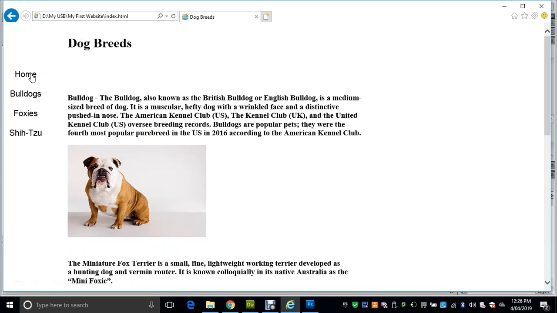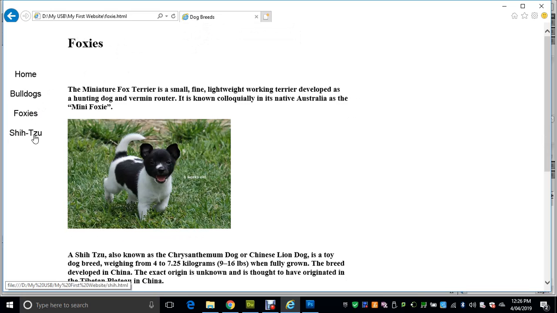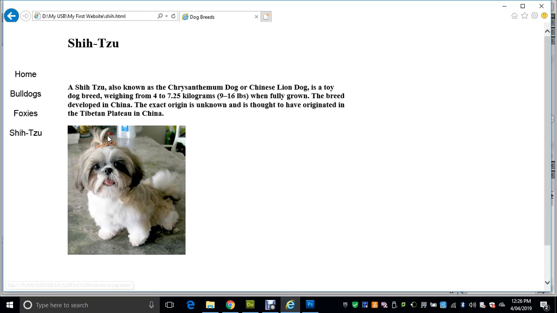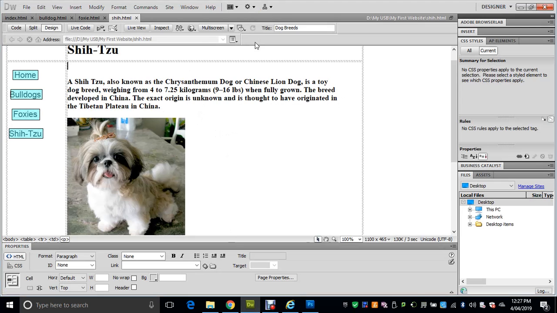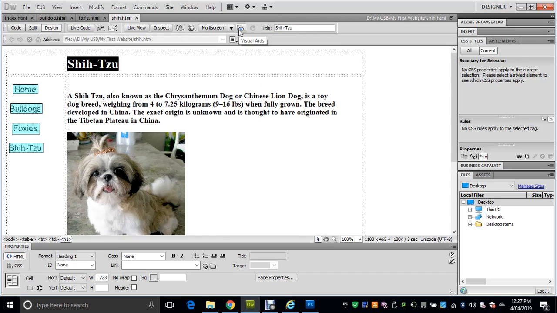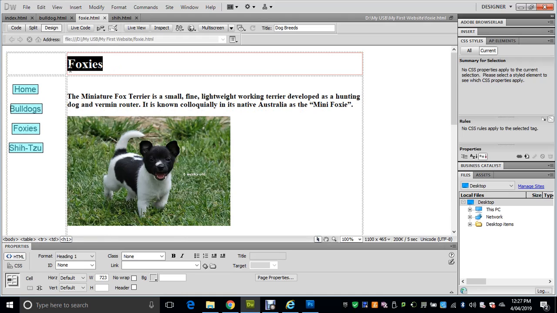So far so good. You can also fix up the titles, so home can stay as dog breeds, but then for Bulldogs you should have Bulldogs up there, for Foxys you should have Foxys, and Shih Tzu for Shih Tzu. So just fixing those up. So here's the Shih Tzu. All I do is just mouse over the heading, Control C to copy, Control V to paste, press enter, and Control S to save it. Back to the Foxy's page, same thing, mouse over it, copy, paste in the title section, press enter, and then